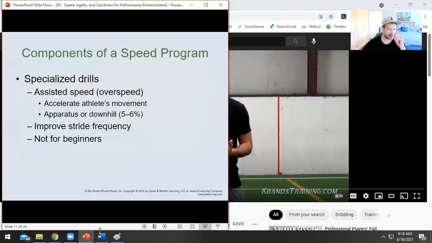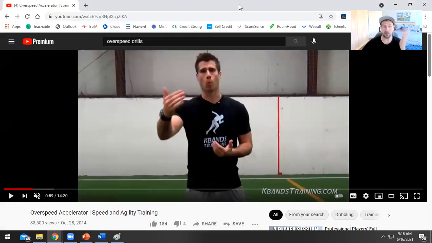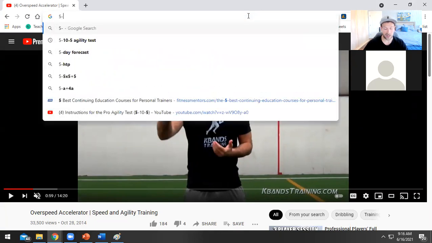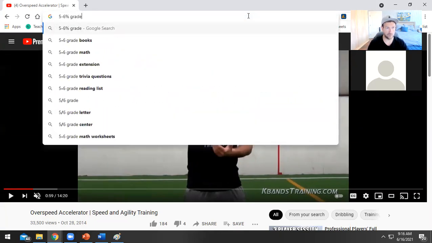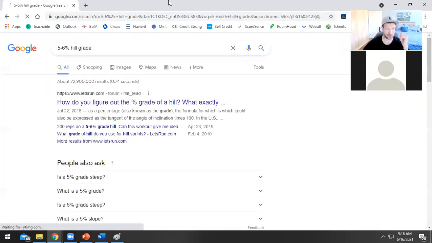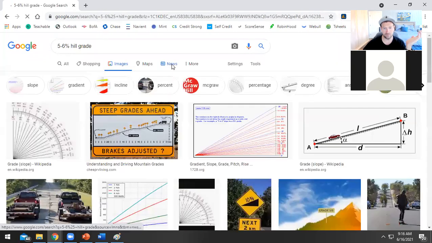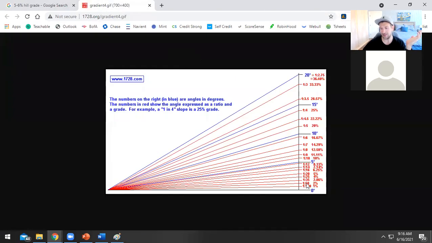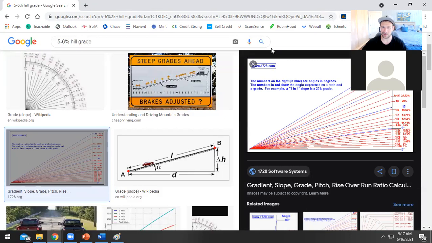So one of the other ways you can do this is simply running downhill. Running downhill is actually a really good example of a speed drill. By the way, don't do this on a super steep hill. That would be crazy. About a 5 to 6% grade. I'll show you an example of what that looks like. Not as high as the high examples here. About 5 to 6% would be about this much. About like that. That's about as much. Not this, okay? I don't want anybody sprinting down Runyon Canyon, you know?